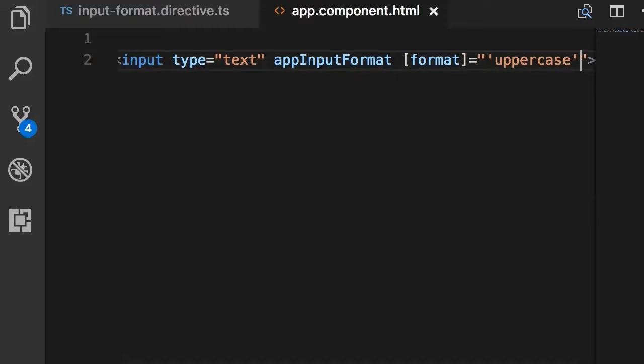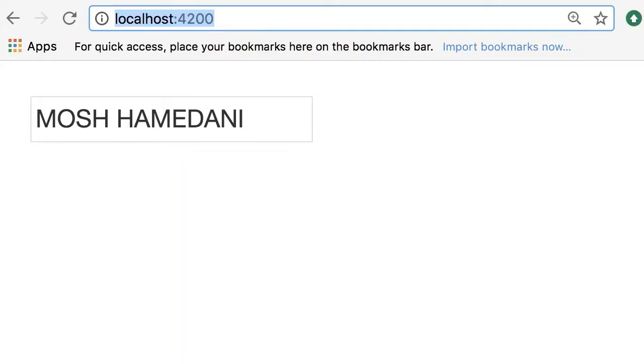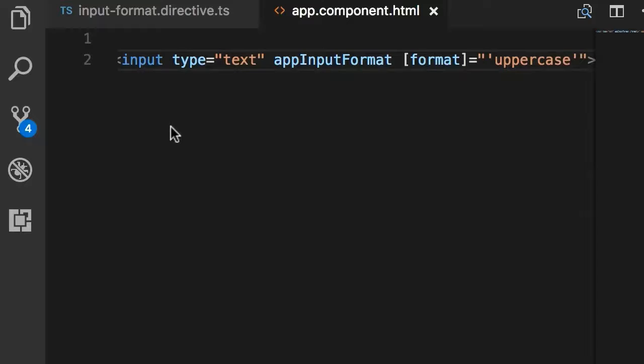Here I have used uppercase. So let's test the application. I'm going to type my name one more time, tab. Now it's uppercase. Beautiful. The only issue here is that we have to apply this directive as an attribute and